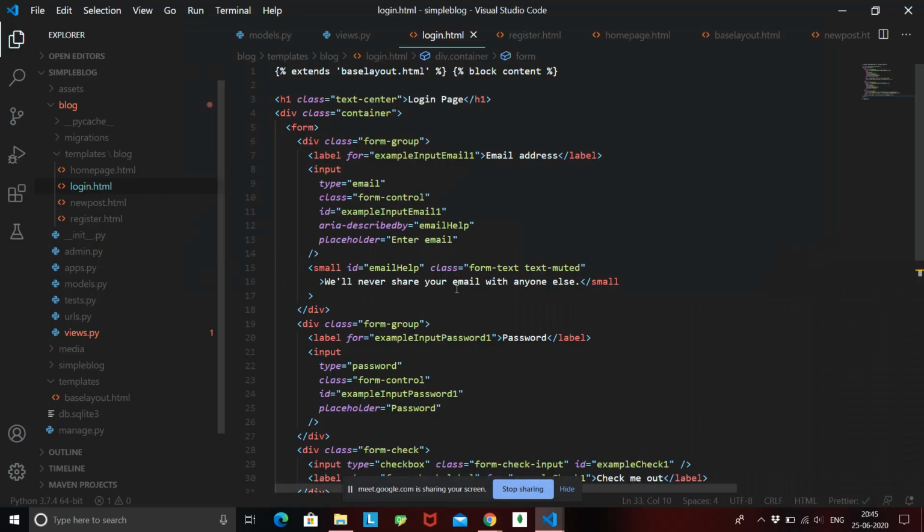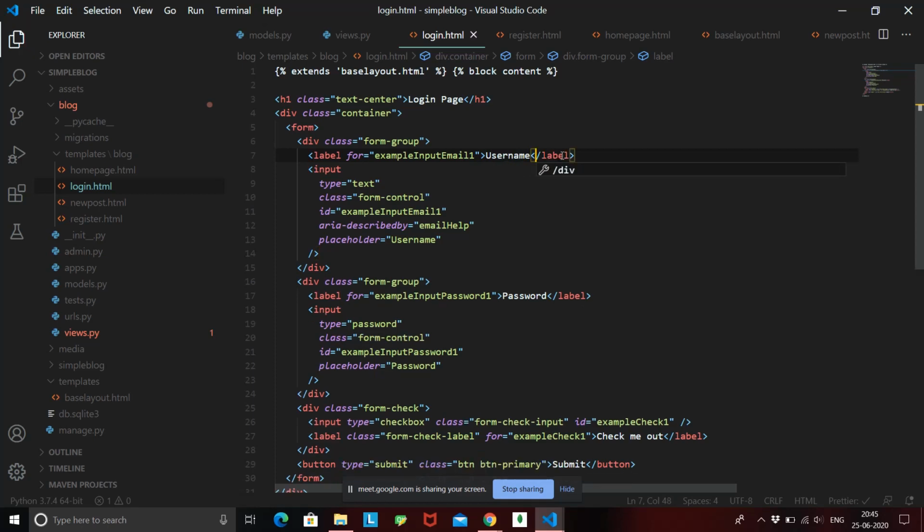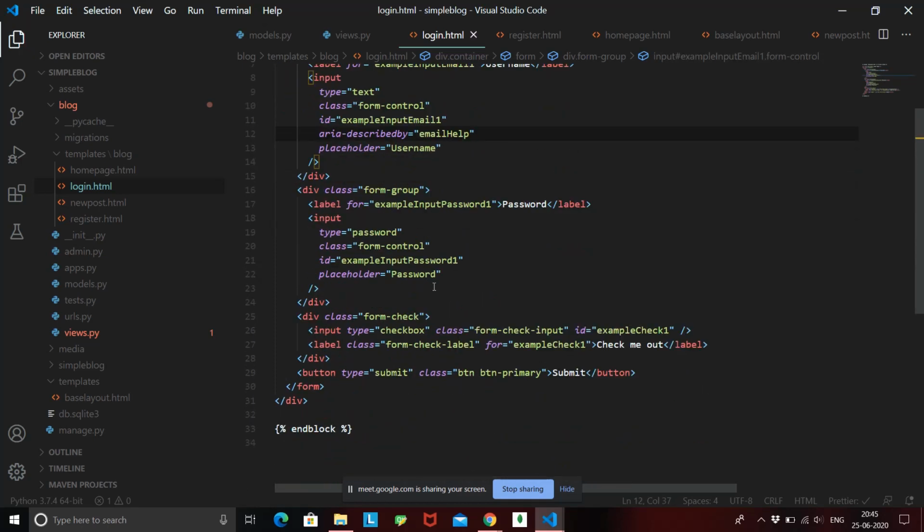So I'll remove this and change this placeholder from email to username, type from email to text, and instead of email address I'll give it a label of username. And we don't need this check button right now.